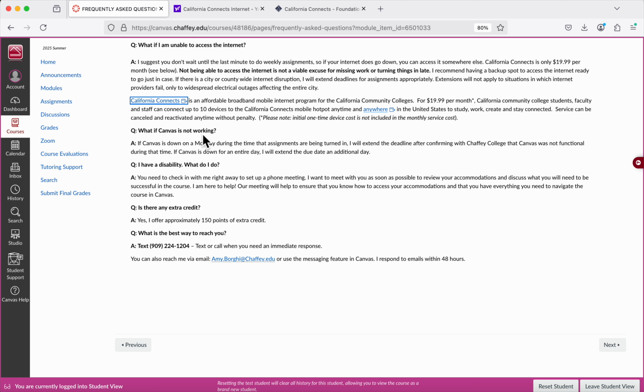And what I'm going to say is I always have a backup location in which I can access the internet. So unless the whole area is out, like if there's a power outage or something, that's a different situation than just your internet's down. If you have an internet that's iffy, like I do, I have Charter and they suck. I have a Starbucks down the street that I know I can go to most of the time to do it. And I also have other friends that live nearby that I could use if there were a last minute urgent situation. I also have a hotspot on my phone that I could use, but the California Connects works as a hotspot,